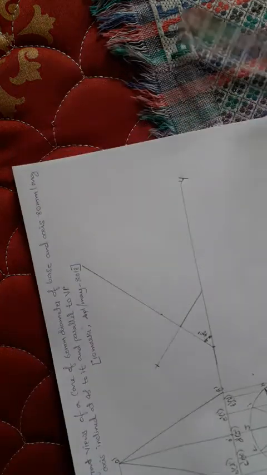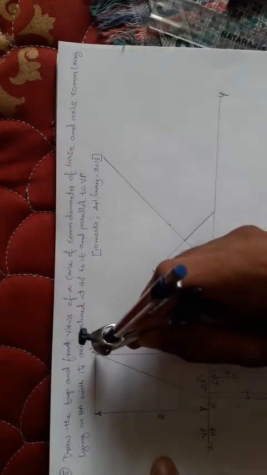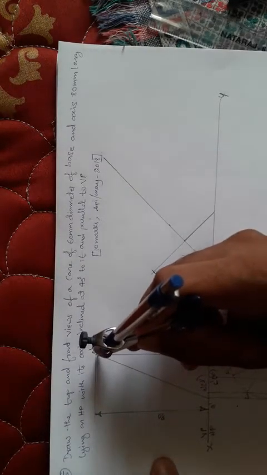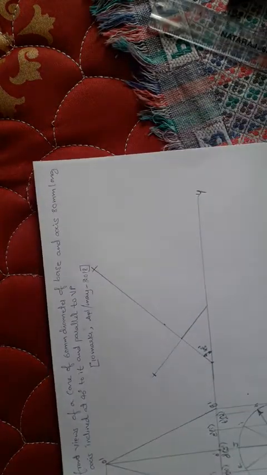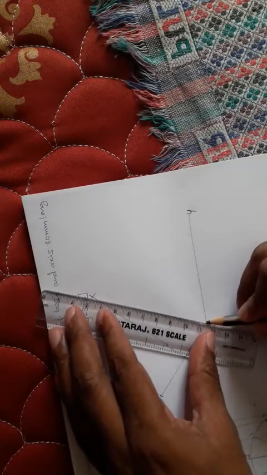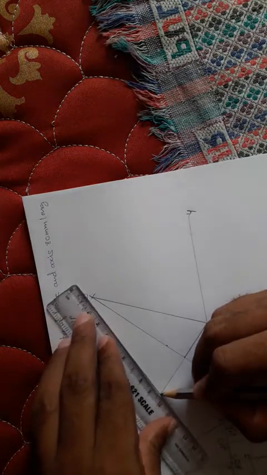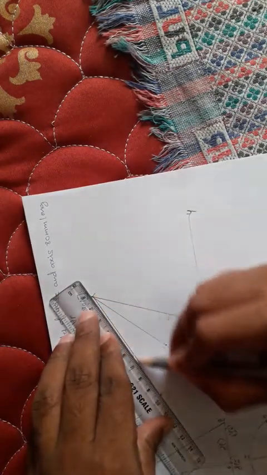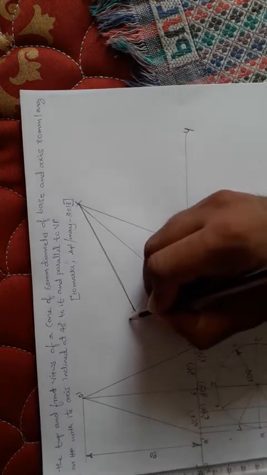Okay, and what is the height from here to here? That is 80 mm. Okay, so this 80 mm is marked here, and from this corner to this point join the line. Right, so this is the A1,